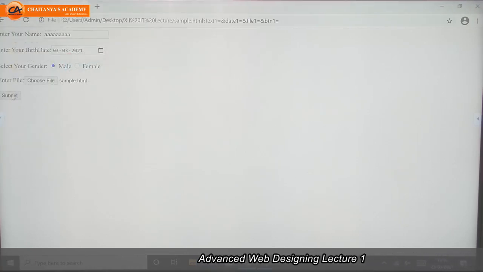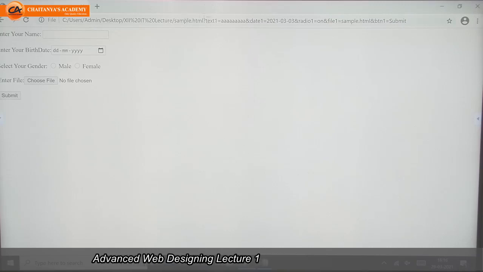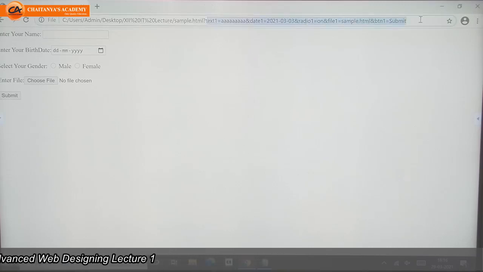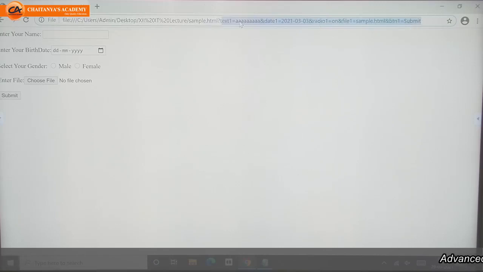If I submit, see, whatever data I submit, I am getting here in the address bar. Whatever data: text 1 has the value, date 1 whatever value I gave, radio 1 on, the file name of the file, and button submit.